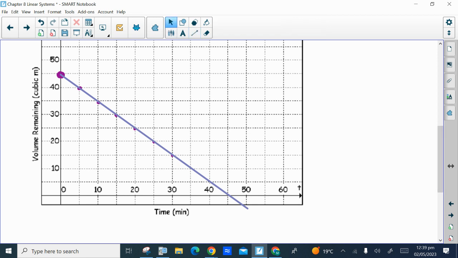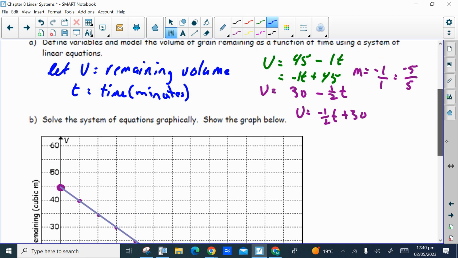And the end will be when volume equals 0. You see our axes are already labeled for us, where we have the time in minutes on the bottom and V, the volume remaining, on the side. That's already done for us. If it's not done, then it's something that we always need to make sure that we do. Okay, now the second line